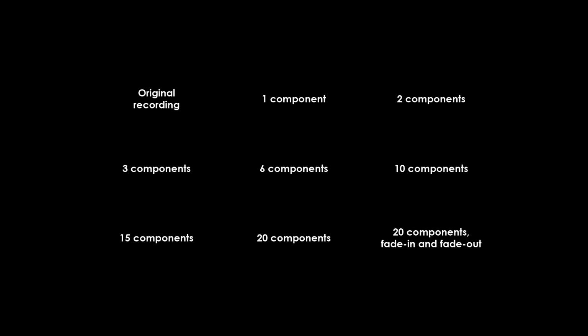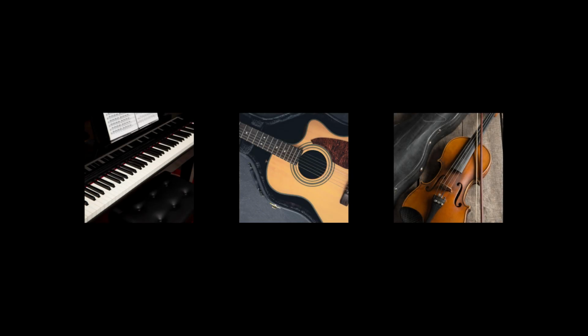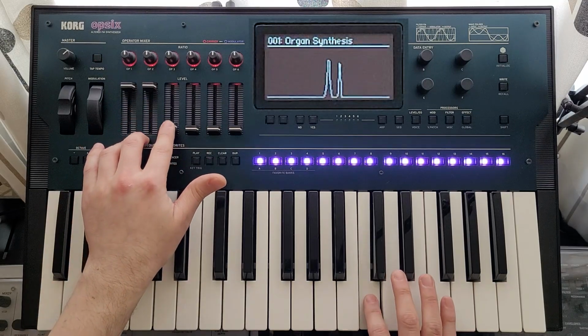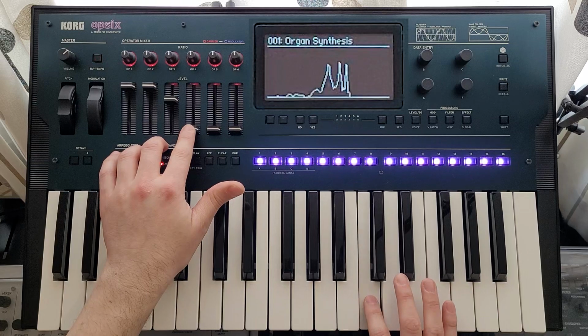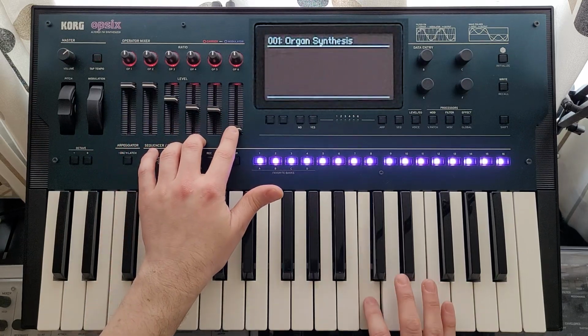In this case, the result is quite good because the melodica has a very consistent sound. But in some other instruments, such as piano, guitar, or violin, the components have a more complex behavior and their amplitudes vary with time. So, additive synthesis is not the best option to synthesize these instruments. At the end of the video, I will show some examples of additive synthesis using a synthesizer. But first, we need to know how to read frequency spectra.